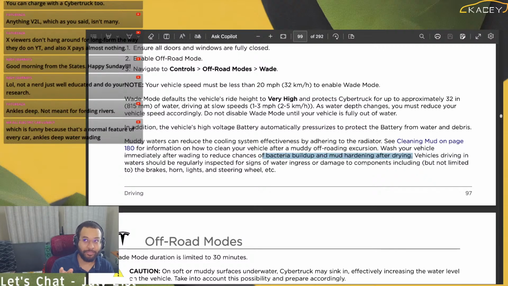Speaking of the horn, my vehicle didn't go in the water at any point, but it did go on a tour of Alabama to avoid hurricane flow. And within a couple weeks of me getting the vehicle, the low horn had rusted out. I'd go to push the horn, and instead of sounding like a deep-throated American horn, it started sounding like a Japanese meat.